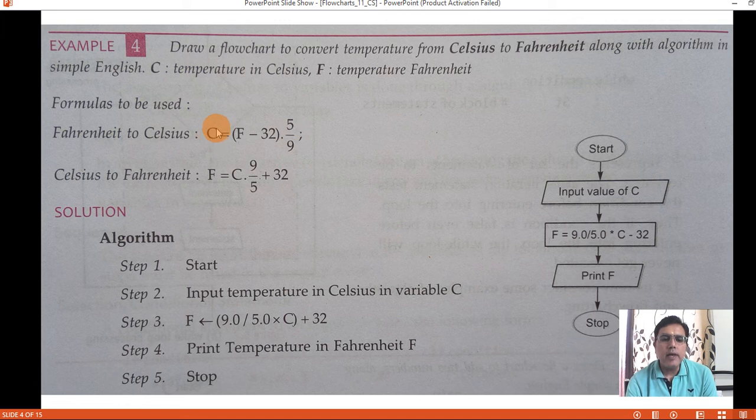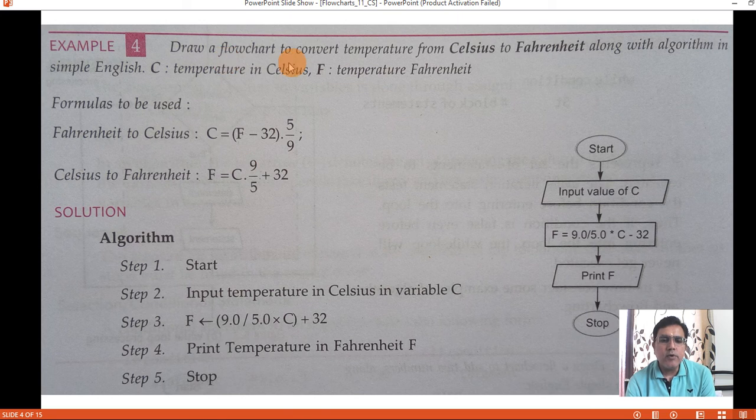Here you will read the value of C, so you have to find out the value of F. So temperature in Fahrenheit will be F is equal to C multiplied by 9 divided by 5 plus 32. This formula we have to use, and the value of C we have to read.